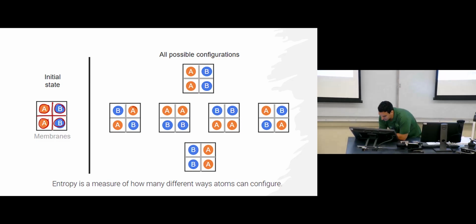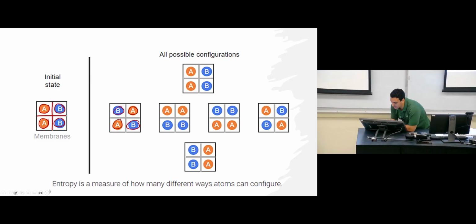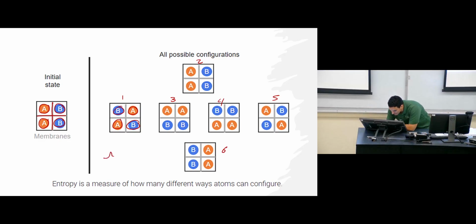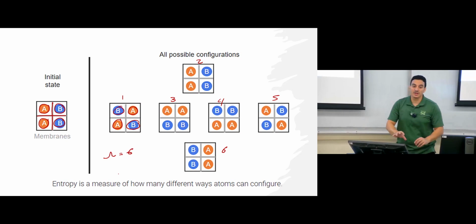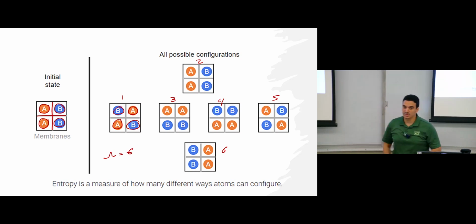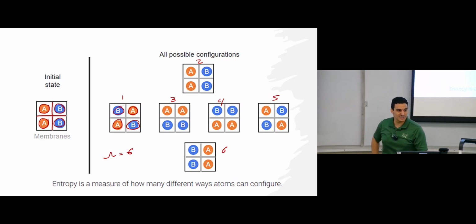So we can have A here and B in this site. This is number 1, and this is number 2. This is possibility number 3 of rearranging the molecules. This is number 4, this is 5, this is 6. So this is the sigma we have in the Boltzmann equation. This will be 6. This is what the number of microstates means, the possibilities we have. So he introduced statistics, the probability theory, in order to find an equation to describe entropy. And this is where the definition of randomness or disorder came from.